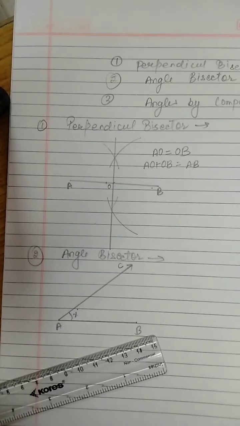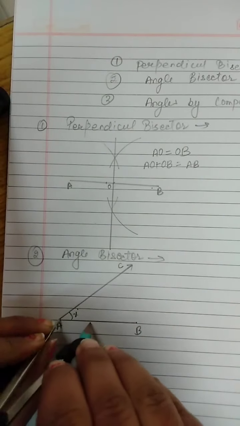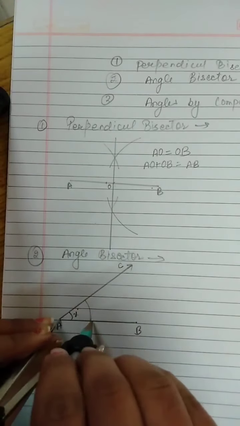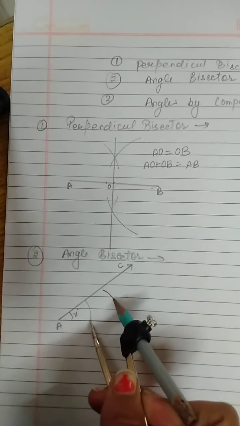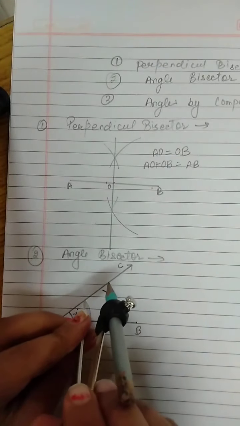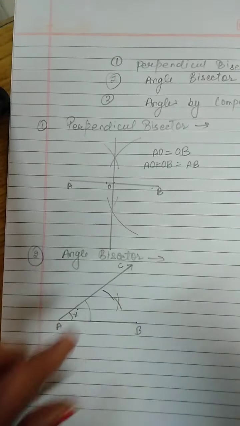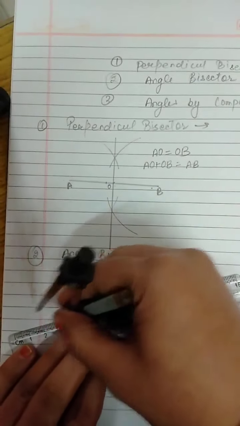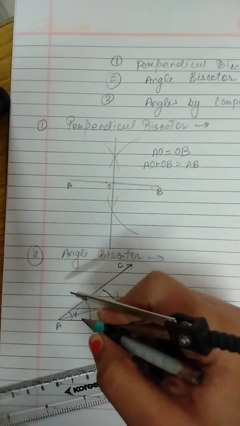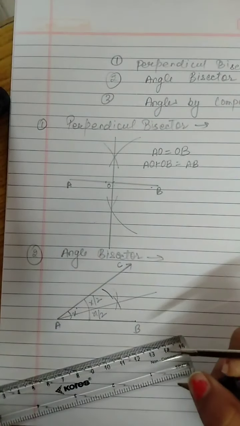What we have to do is bisect it by using a compass. कैसे bisect करेंगे इसे? First we have to open our compass and then draw an arc this way. ओके, इस तरीके से हमें आर्क ड्रॉ करना है, and then हमें इस आर्क के फर्स्ट पॉइंट से यहाँ पे another arc को कट करना है, and then इस आर्क के सेकंड पॉइंट से भी हमें another arc कट करना है. ओके, this way. Now what we have to do, we have to join this. जब हम इसे जॉइन करेंगे, then ये हमारे इस x डिग्री को 2 पार्ट्स में डिवाइड कर देगा. That means ये होगा x/2 and this is also x/2. This is known as angle bisector.